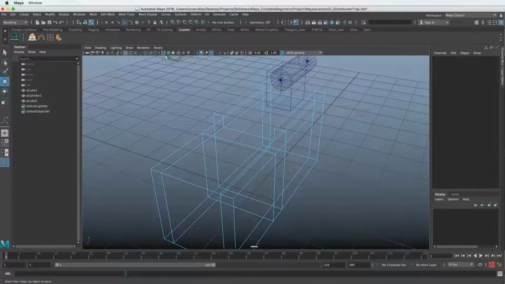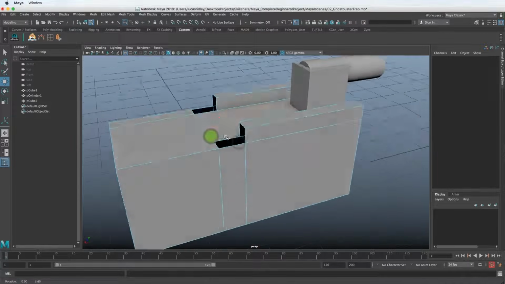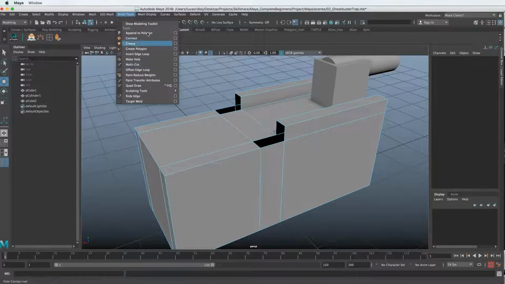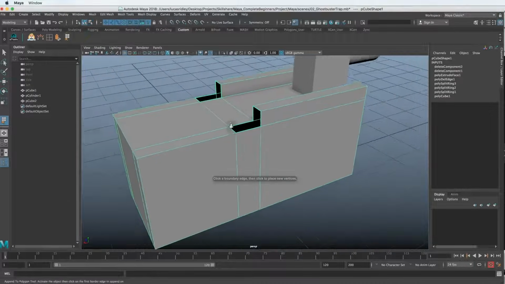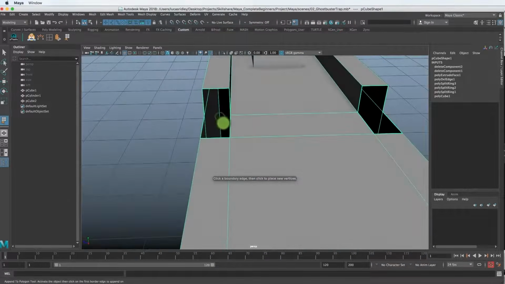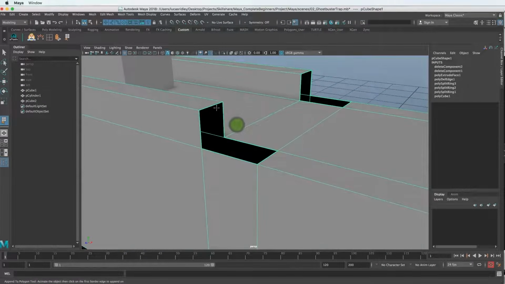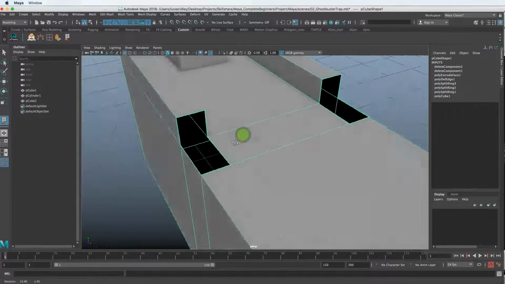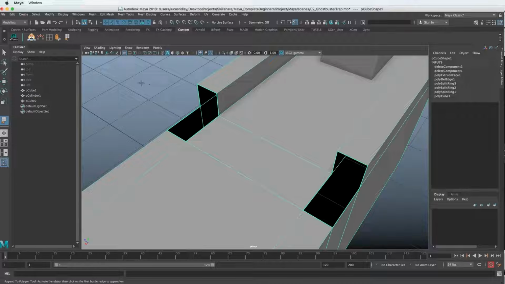This is a texture mode. We don't have texture, so that one doesn't matter. So now we have these holes that we need to fill. We'll go to Mesh Tools and go to Append to Polygon. I'm going to Command Shift, add that to my custom shelf, select it, and now you can see there are these highlighted borders. I don't know if that's super obvious in your view, but this is a thinner green and this is a thicker green. That's telling us where we can select. And if we hold our tool out in the viewport, or look down here in the bottom left, it'll say Append to Polygon tool, activate the object, then click on the first border edge to append on.